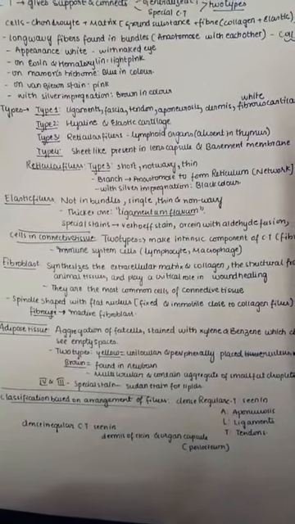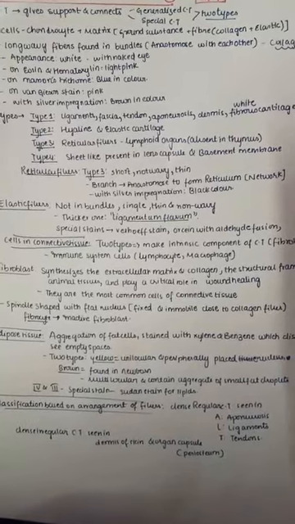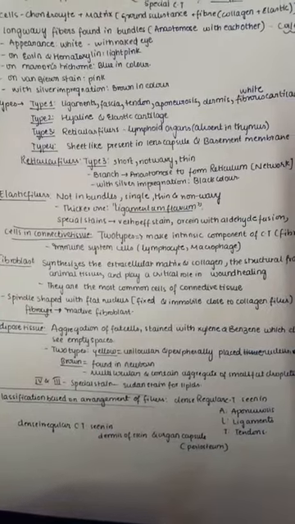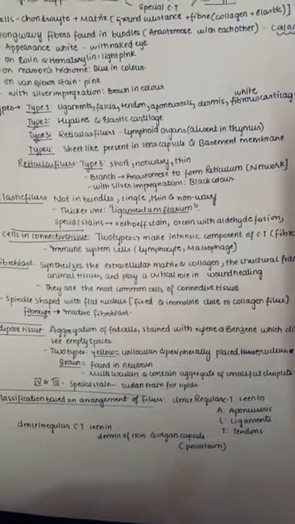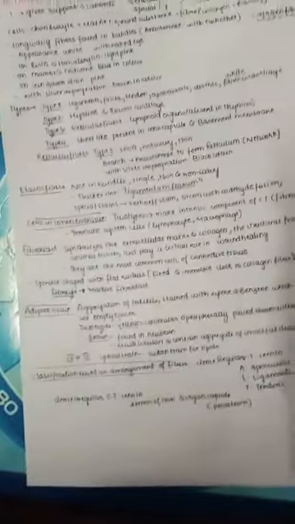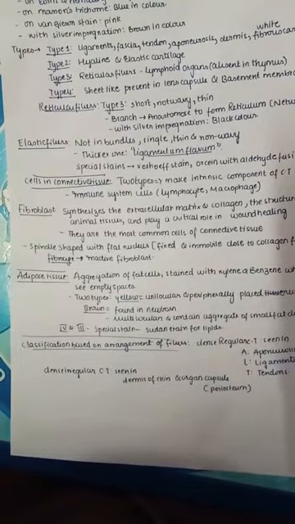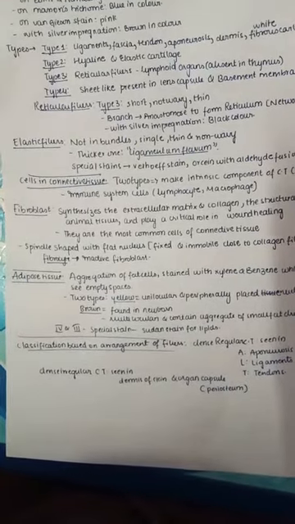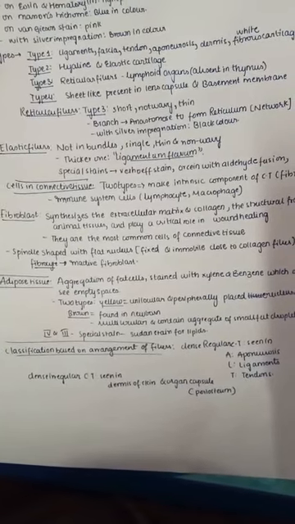So the reticular fibers, we know they are type 3, they are short and they are not wavy. But collagen fibers are wavy, and the reticular fibers are thin and branch and anastomose to form the reticulum, that is the network. With silver impregnation, the reticular fibers appear black in color, but the collagen fibers appear brown. Now let us see about the elastic fibers. These are not in bundles, they are single, thin and non-wavy. The thicker one is ligamentum flavum. The special stains used here are Verhoeff stain and orcein with aldehyde fuchsin.